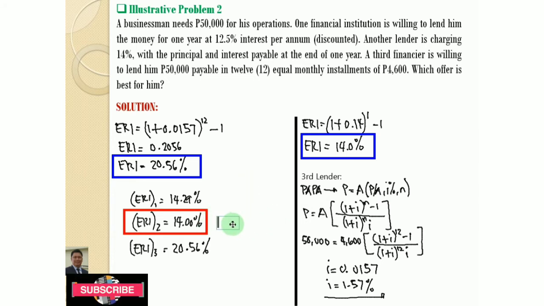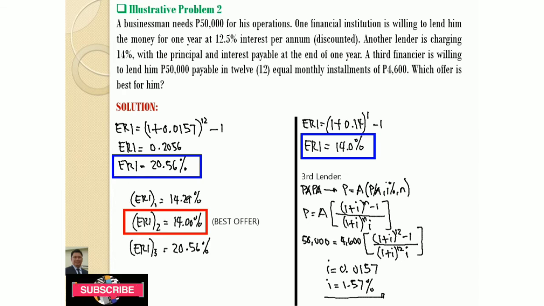So we can label this one as the best offer, referring now to the second financier, and this will be now our answer for this illustrative problem number 2. Okay,